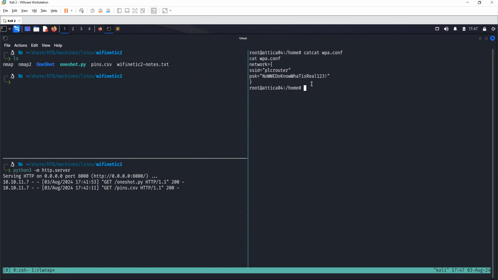Okay, so we're gonna use this with wpa_supplicant to associate with the router or the access point. So how do we do that? We just use wpa_supplicant, I think it's wpa_supplicant, and then the interface is wlan0. Okay, and then our config file is